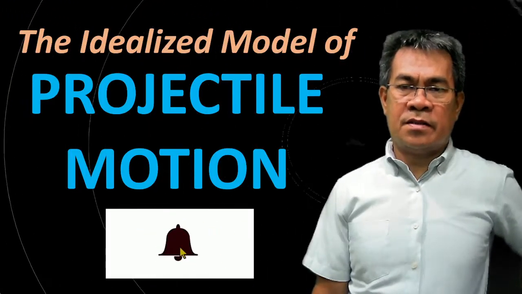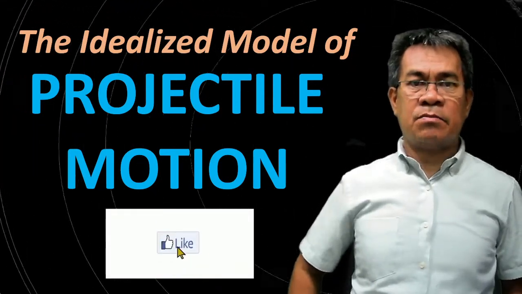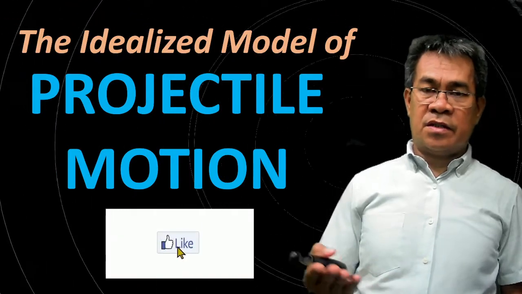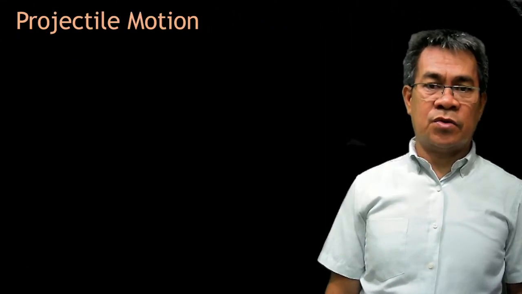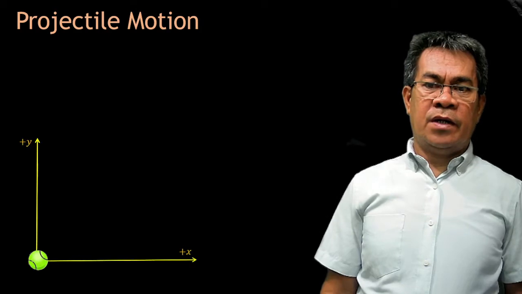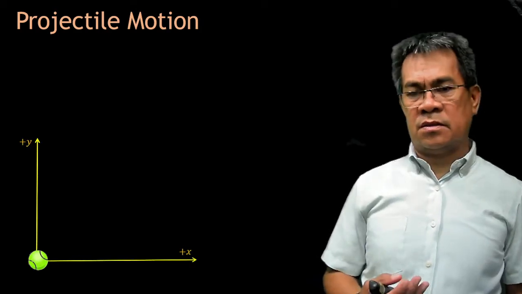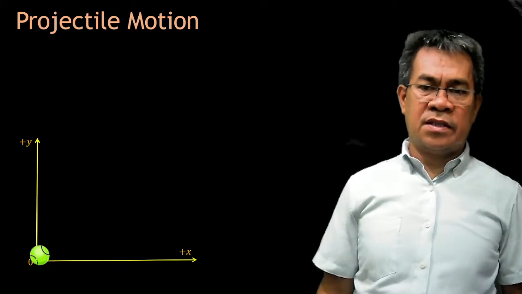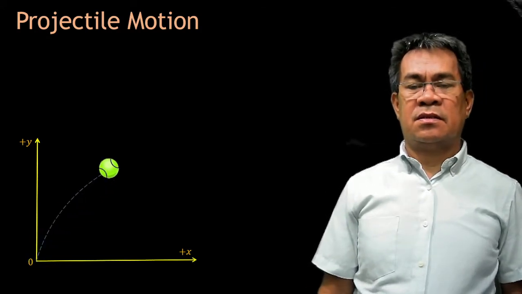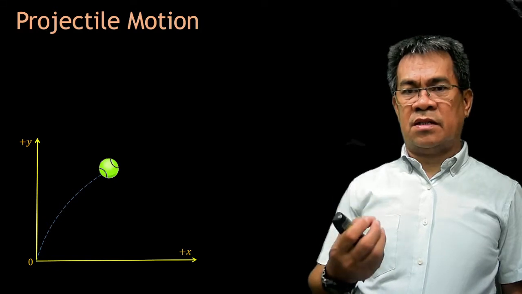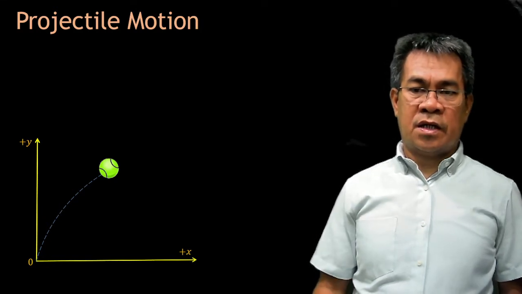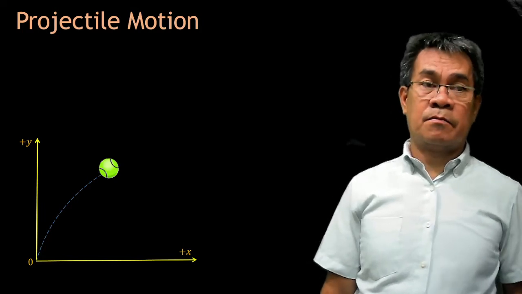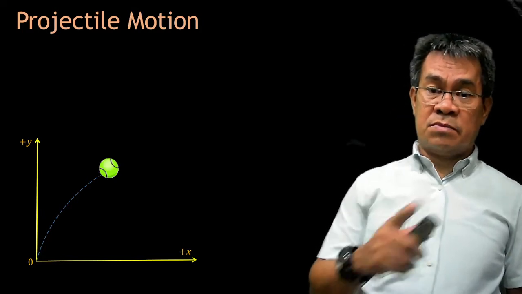Good day, everyone. Today, let us discuss the idealized model of projectile motion. This is still the topic on the kinematics of motion. Now, if we have an object and we allow this object to move in space, then we call this the projectile motion. And the path followed by the object is called the trajectory. The object in space while moving